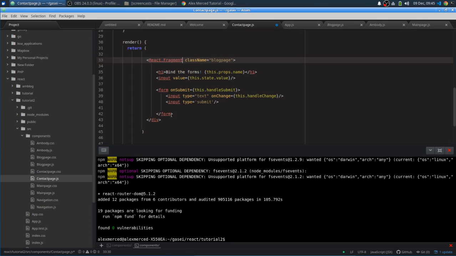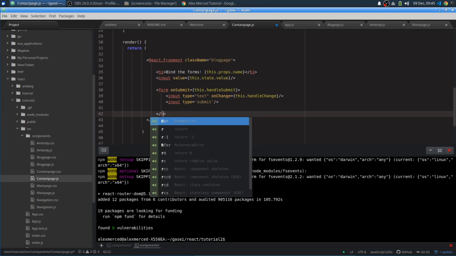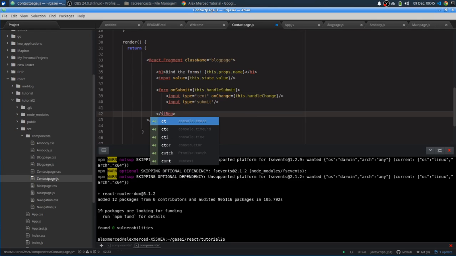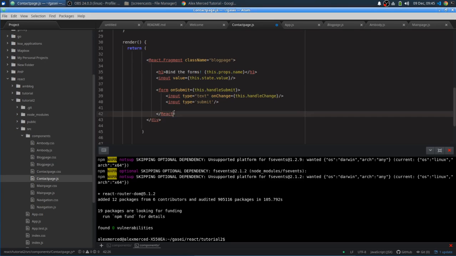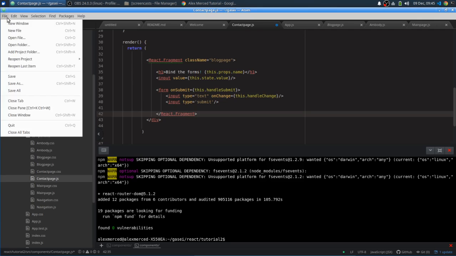I think that's the right phrase for it. React.Fragment. Now if I save that,